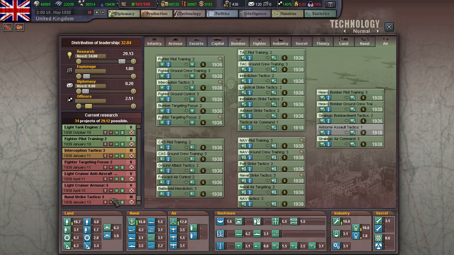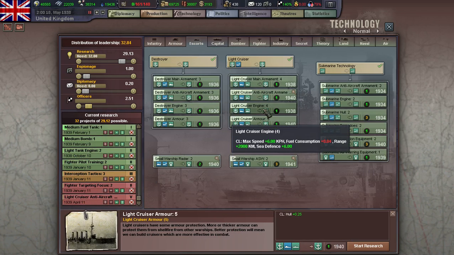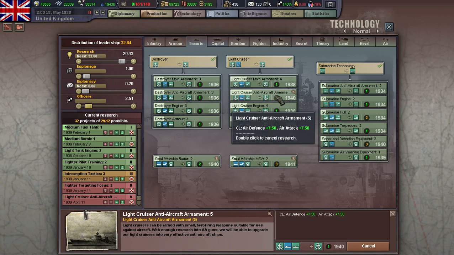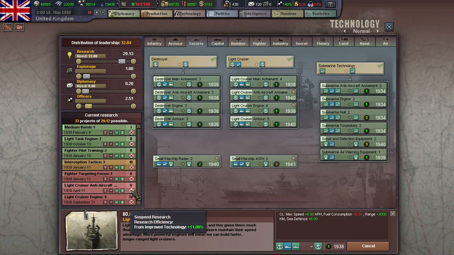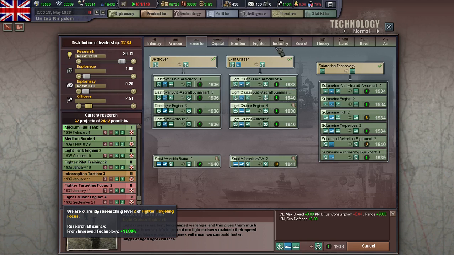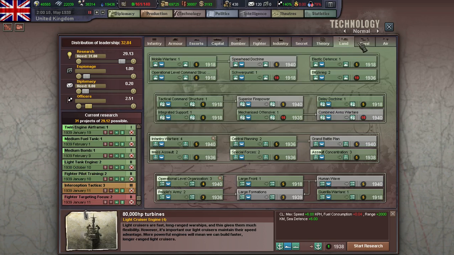So I'm just going to look at our tech. We just finished light cruiser armor, tech level 4. So we have tech level 3 here, tech level 4 here, tech level 3, 4. Okay. Fighter targeting focus. I'm going to take this out, actually. I'm going to invest in either...